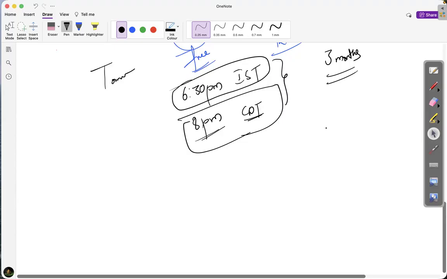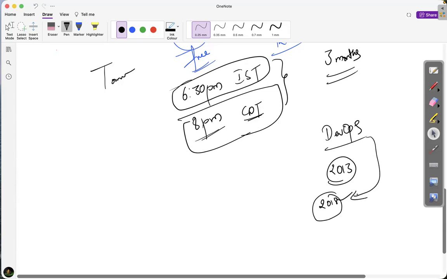Let me tell you. DevOps came into the market in the year 2013. But at that time, people didn't know about DevOps. It really came into the limelight from 2018 onwards, like it became more popular. DevOps became more popular from 2018, for the last 8 years, but it actually came in 2013 only.